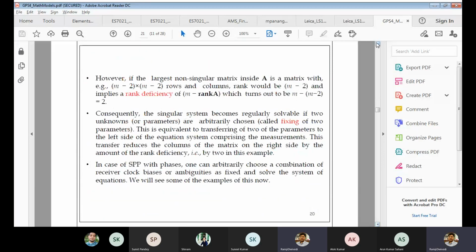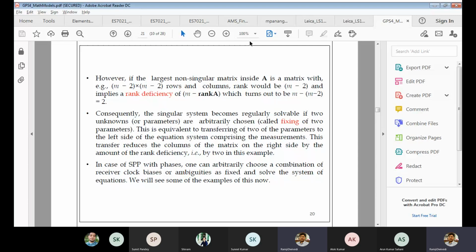So if the largest non-singular matrix A inside a matrix is m minus 2 cross m minus 2, then the rank deficiency would be 2. That suggests that if the rank deficiency is not removed, you cannot solve for the solution. So a rank deficiency of 2 would be reduced or solved if you fix certain two parameters. Okay,